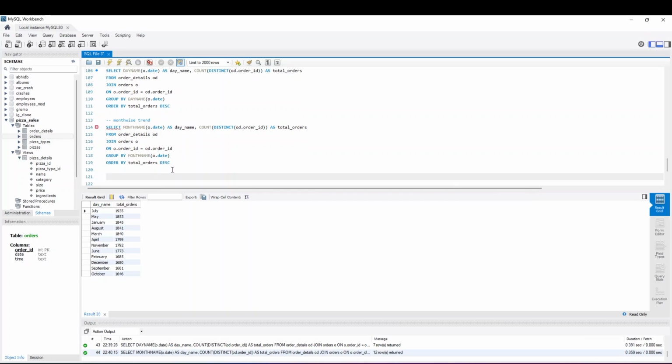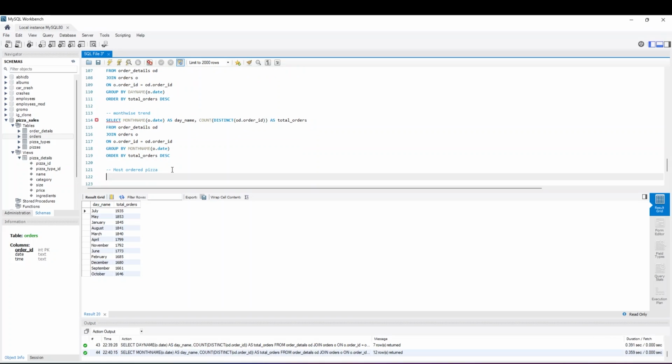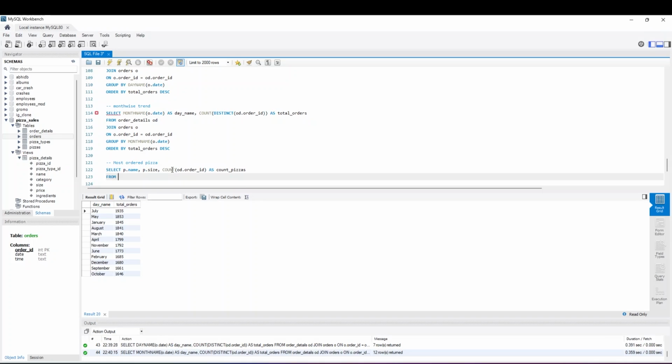Okay, now let's see the customer behavioral analysis, that is the most ordered pizza. Okay, so to calculate the most ordered pizza, what we will do is we will select, and now we have to use the name of the pizza, so we will give p dot name, and we will also see for which size the order is highest, and we will count od dot order underscore id as count pizzas, and we will be using order underscore details table,